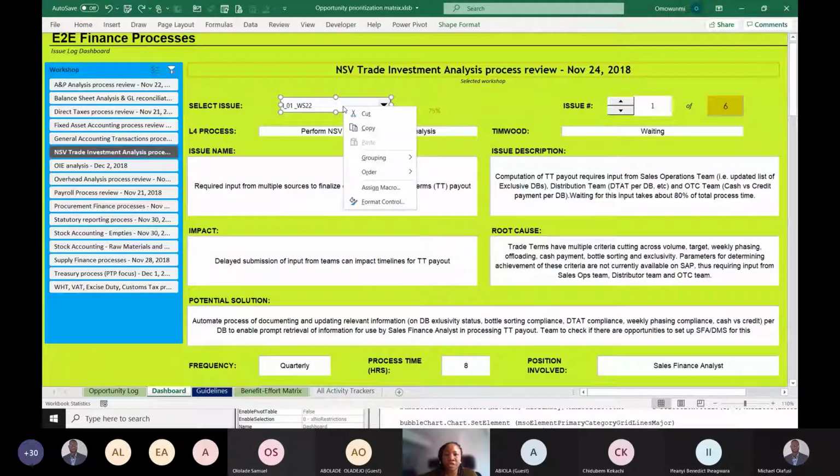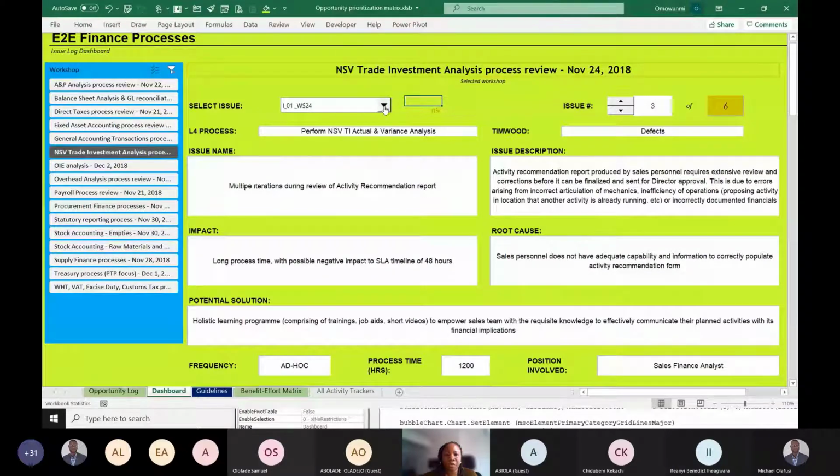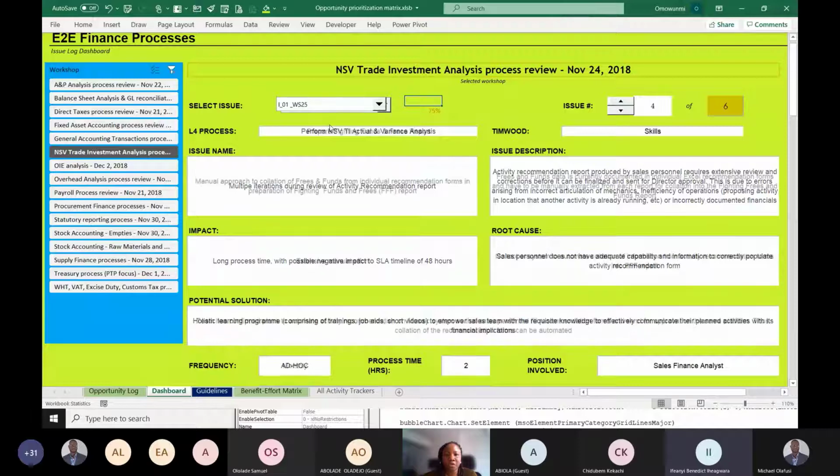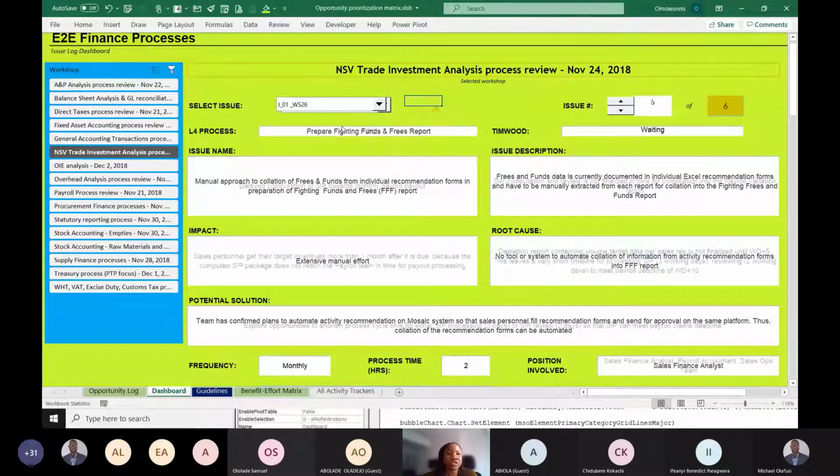This is a combo box form control, and it enables you to select, just flip over to a particular issue, because each process brought up like 4 to 6 issues, and then it enables you to flip to a particular one and then just look at